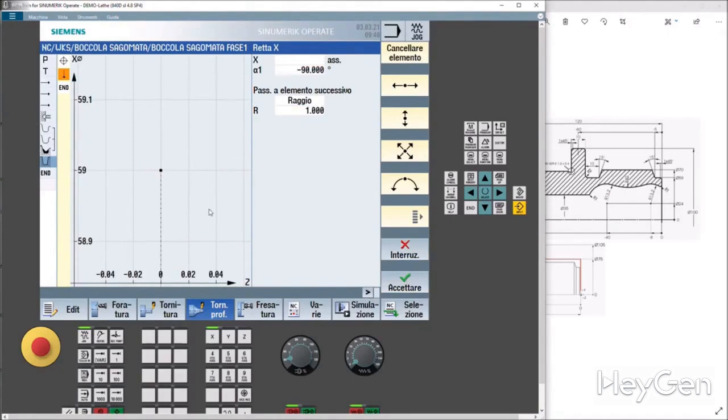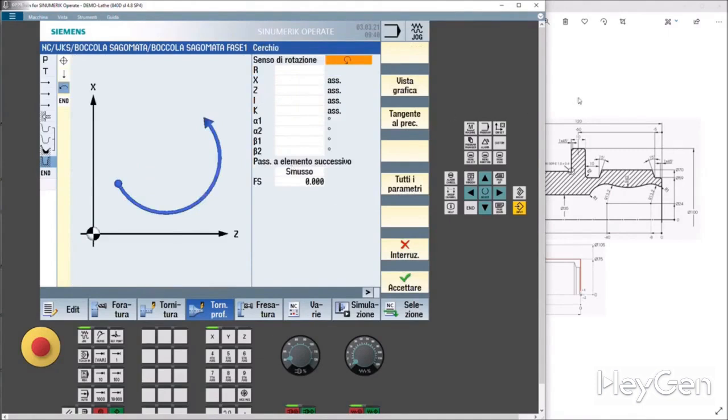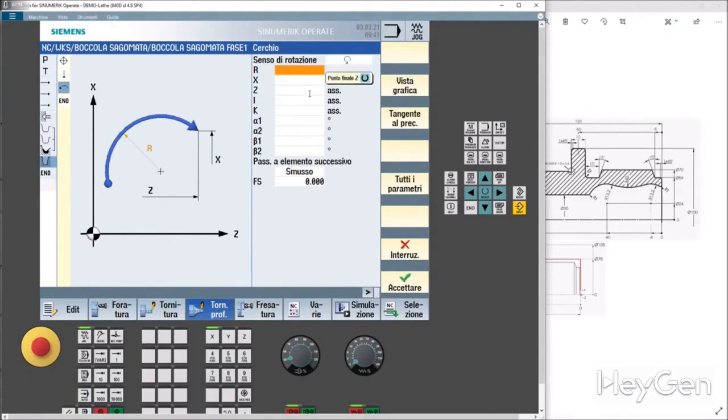And now? So what do I do now? I'm doing a circular interpolation. What data do I have available? First of all, I have the direction of the line, which is counterclockwise, and we're good. Then I have the bevel. The final X, we don't have it.